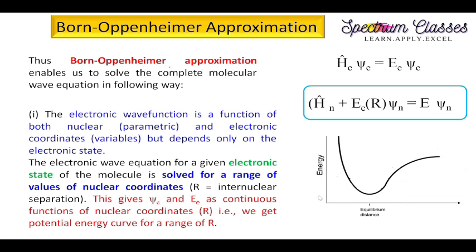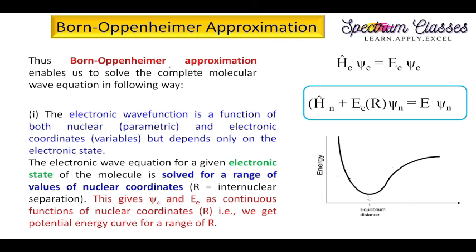Here R is the distance between the nuclei. If we plot the graph between energy eigenvalues and nuclear distance,